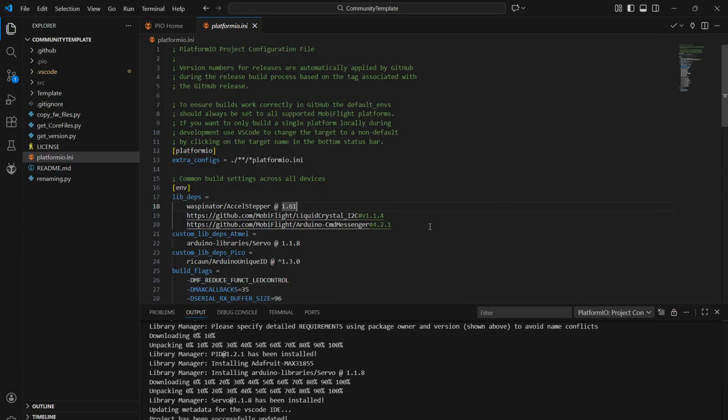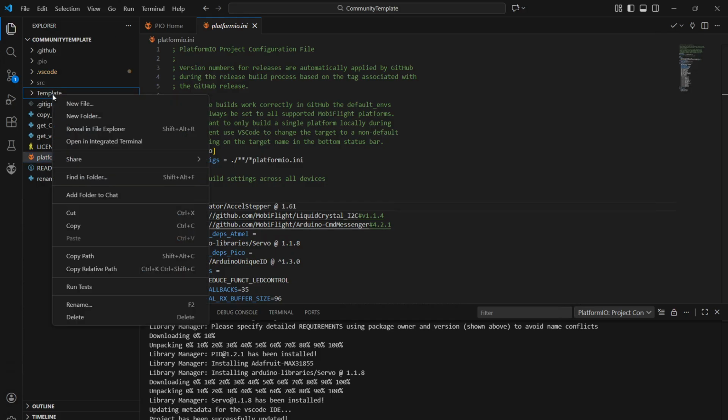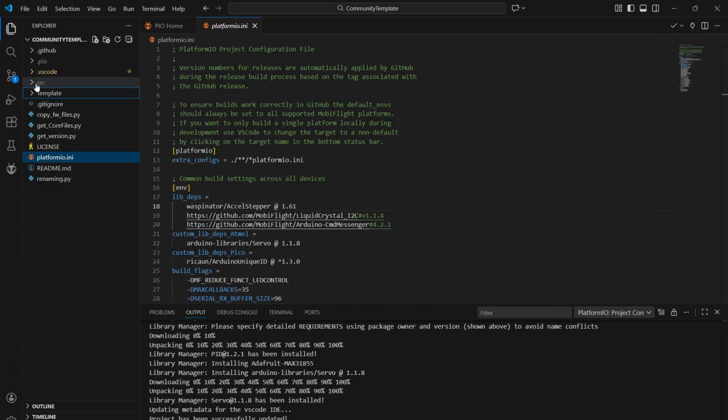I think we'll do one more task here before we take a break, and that is we're going to compile this for the first time. We've got the template, it actually compiles and will build. And as part of that compile, it is going to bring in the core MobiFlight framework. This template device, and this is where all your custom code is going to go,